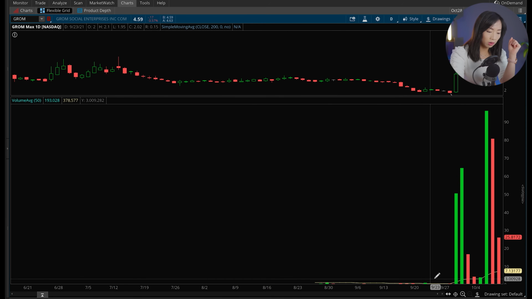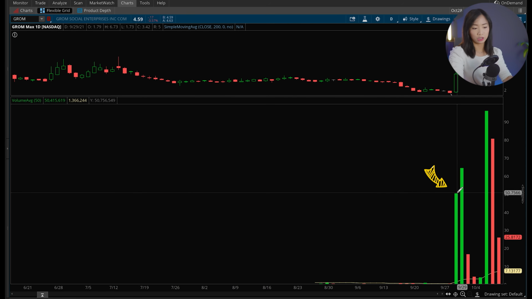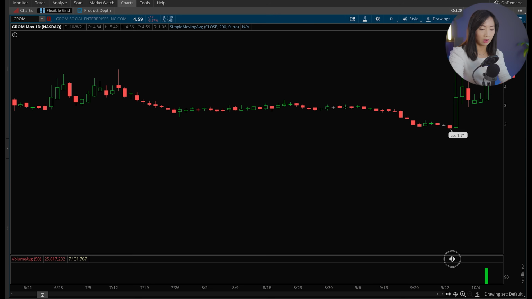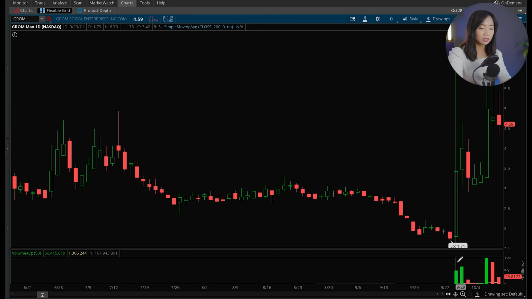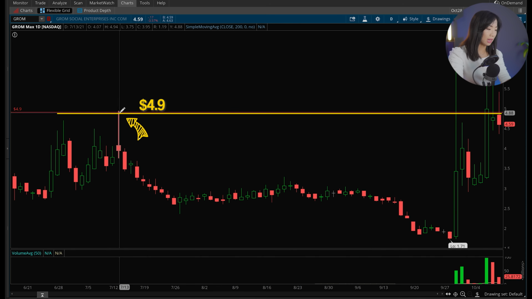So it's only until recently, on this day, this thing traded over 50 million shares. So this is definitely worth our attention. So once the stock broke out with high volume, you can see it traded above all these recent resistance. So on the daily, you can see the previous high over here is 490s. And after that, the stock sold off. So that's going to be the most recent resistance.